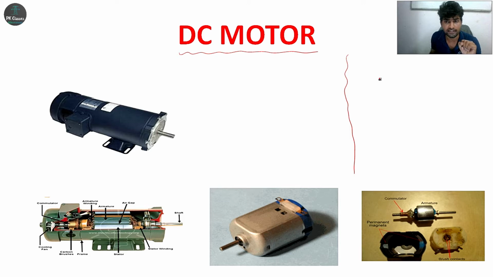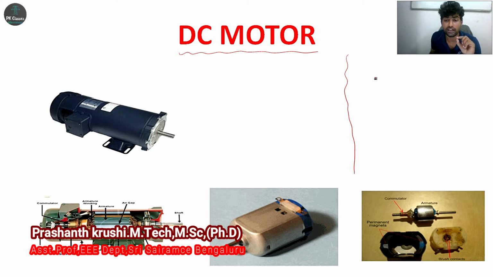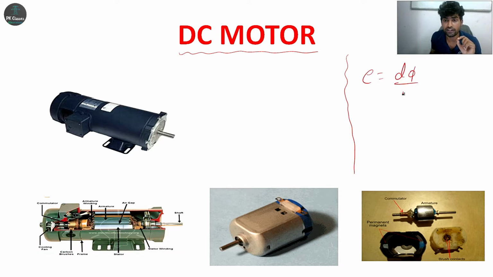According to Faraday's laws of electromagnetic induction, induced EMF is directly proportional to the rate of change of flux linkage, right? E is equal to what? d phi by dt, where d phi is the change in flux and dt is the time taken for changing the flux, right? Assuming the construction of a DC generator, the change in flux is related to the number of poles present in the generator, the flux produced by each field winding, the rotation in RPM, and the number of conductors per parallel path.